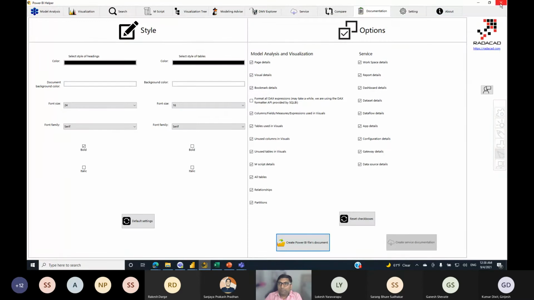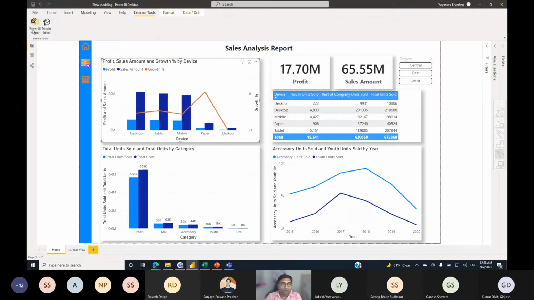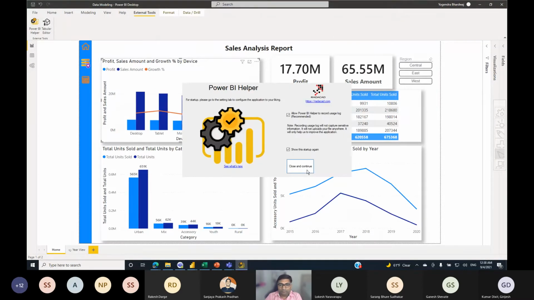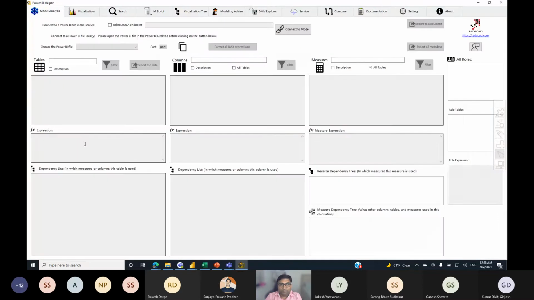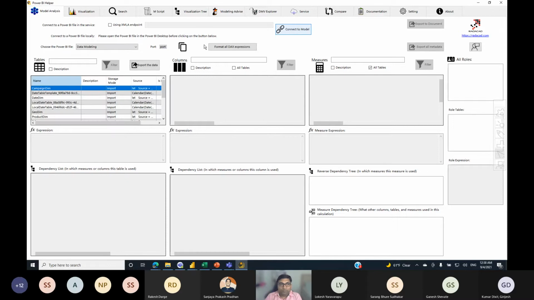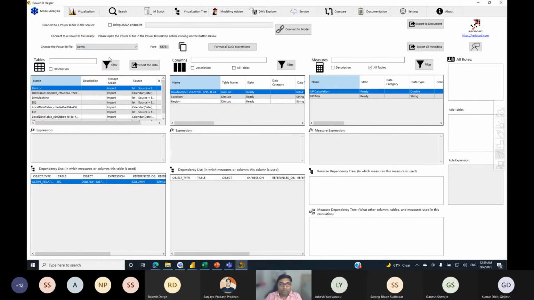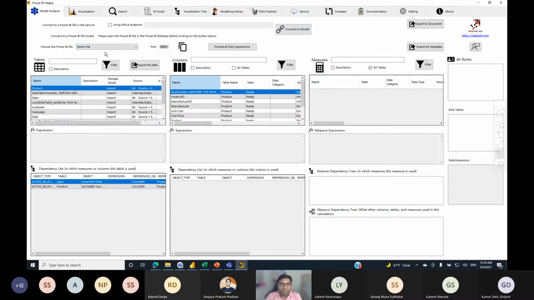It's a very simple tool. If I close this and go to Power BI Helper, it's open. Now you can say connect to model. So it will connect to all the Power BI applications that are running right now. So if you can see, my 3 Power BI files are open.